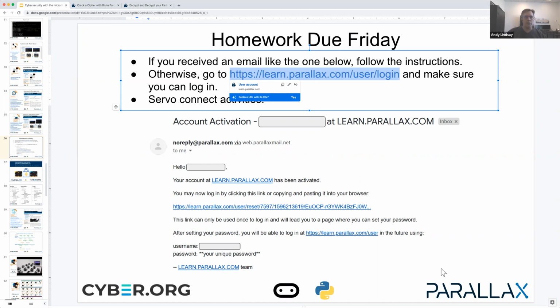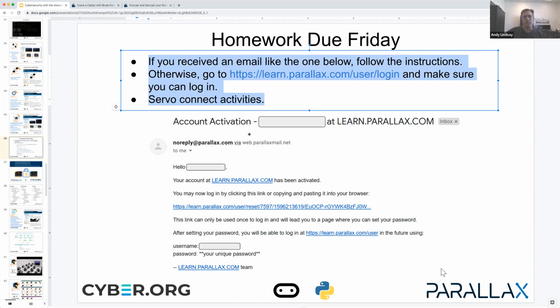Stephanie sounds like she might have stepped away. Nope, I'm right there. I was muted temporarily, so you wouldn't hear me typing. Yes, you can do it either way. Okay, so I'll be sending an email to everyone one way or another. Okay, excellent. So look for an email from Stephanie, and then you might also get this account activation email from